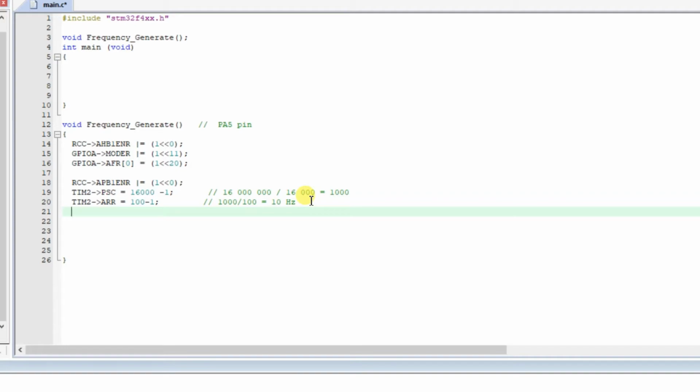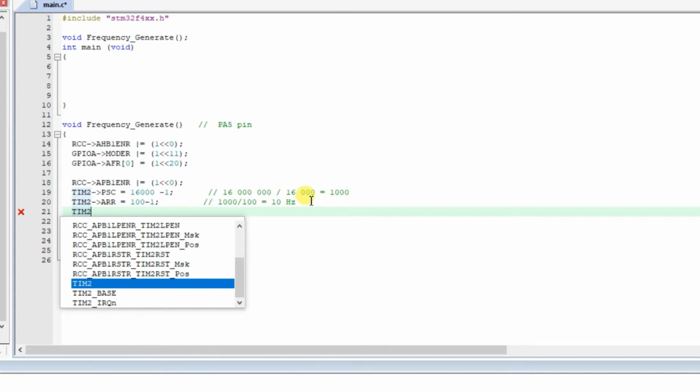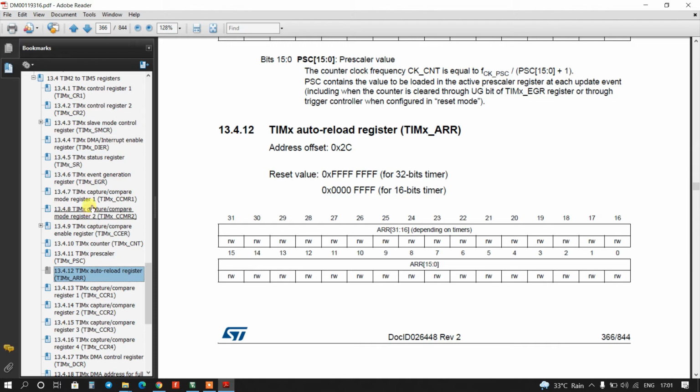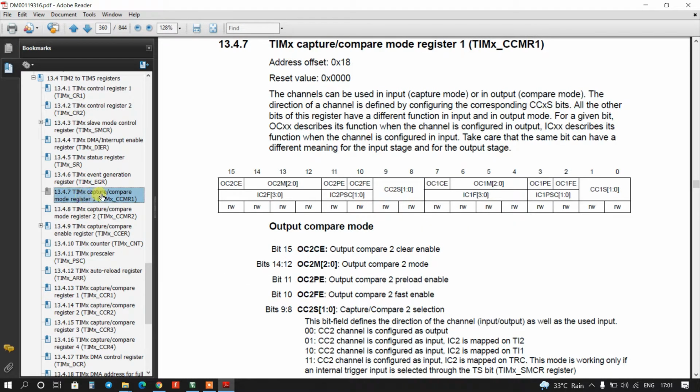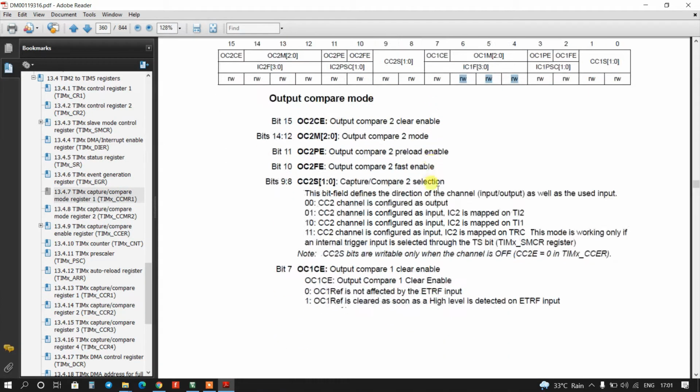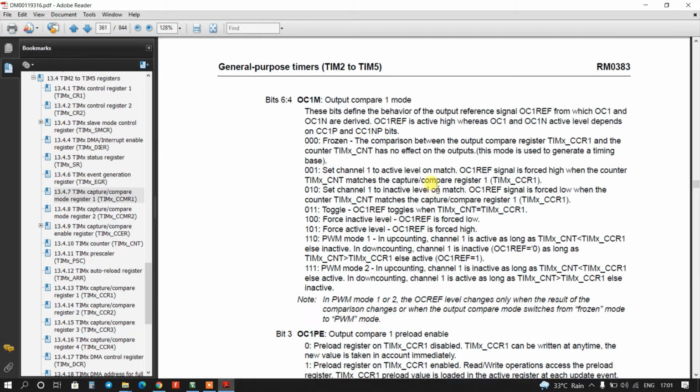And now I will go to CCMR registers. So Timer 2 CCMR1 register. CCMR1 is the capture compare mode register 1. For the output we have to manipulate these bits. So bits 4, 5, 6, you can see here, this is for output compare 1 mode.